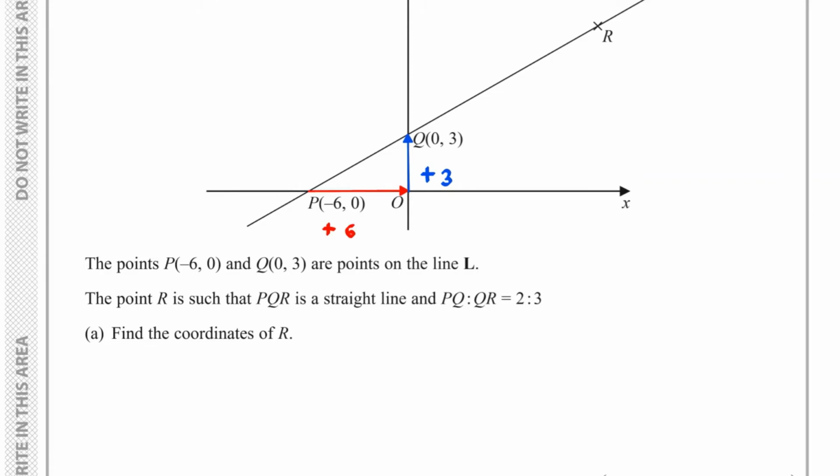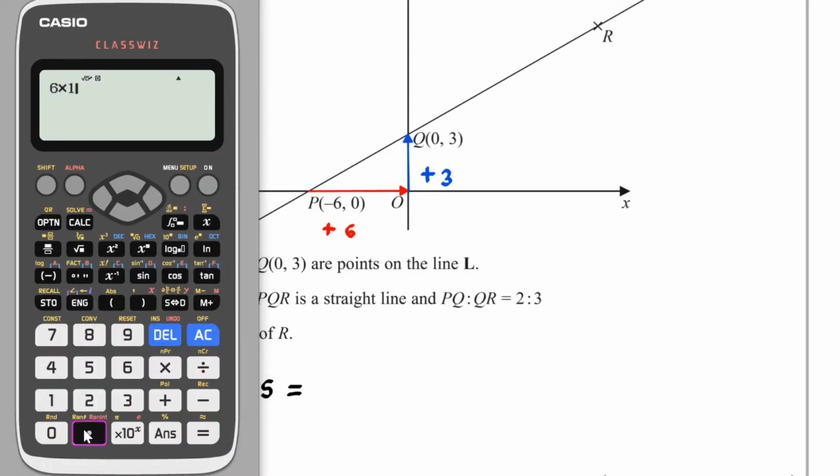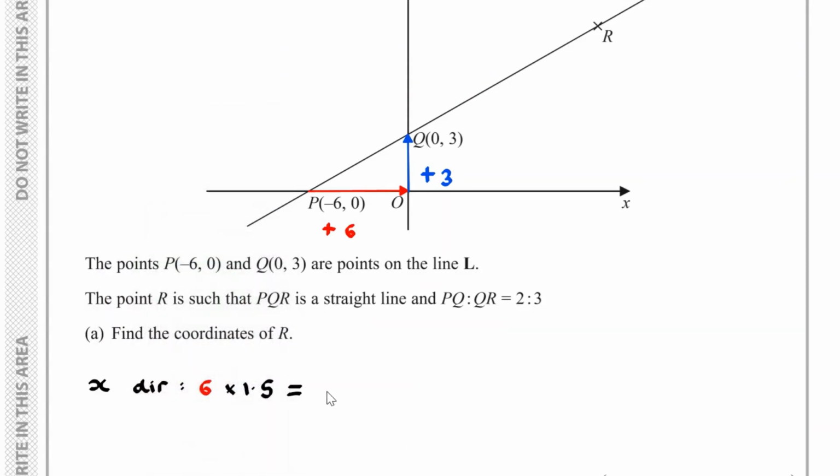And so in the X direction, I have the 6, and I need to multiply this by 1.5 because the ratio is 2 to 3. To go from the 2 to the 3, I multiply by 1.5. And so if I work this out, 6 multiplied by 1.5 is 9. So that means I would have to go 9 units to the right,